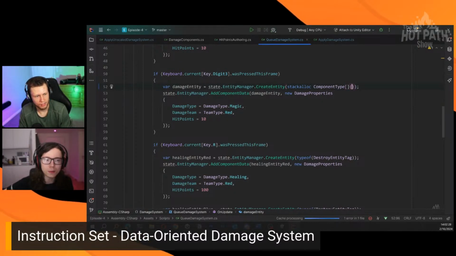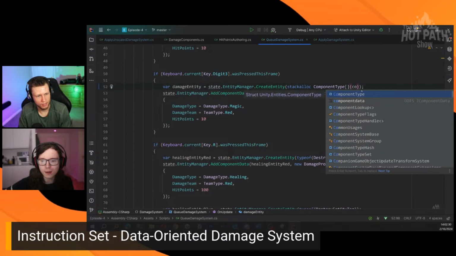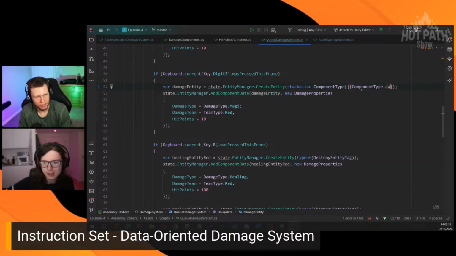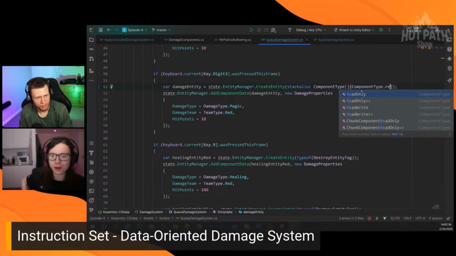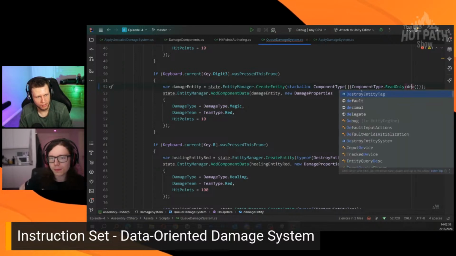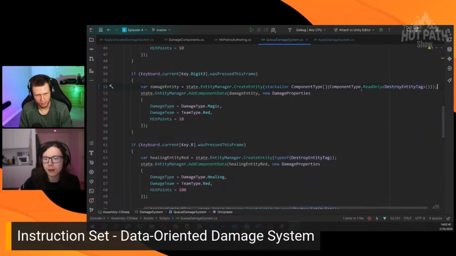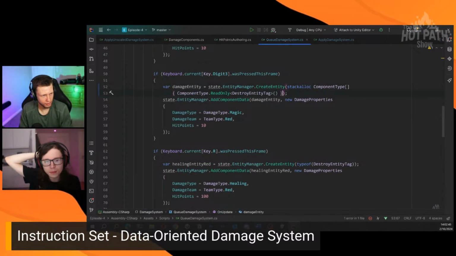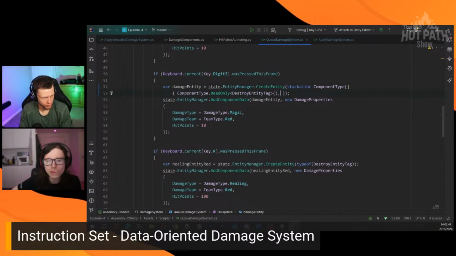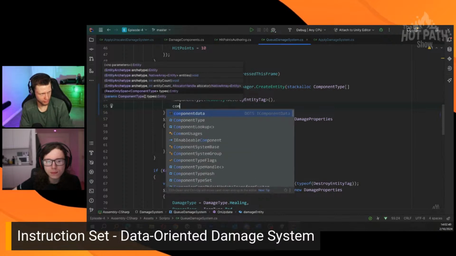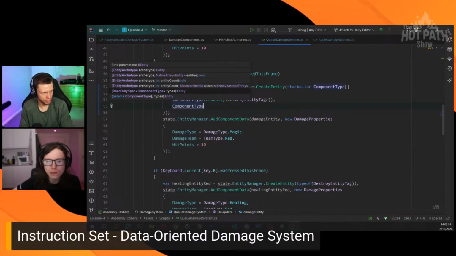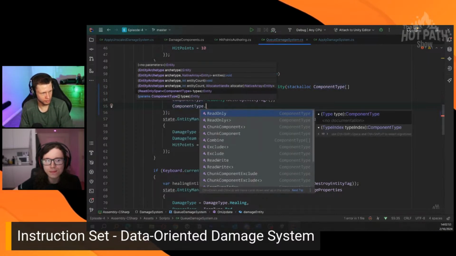Yeah, and then you can say component type dot damage destroy entity tag, I guess it is. Read only, read write, it doesn't matter which one you pick. And then you can pick the other component type as well. You can do commas in between. So then we could do like this, and then component type dot, do another